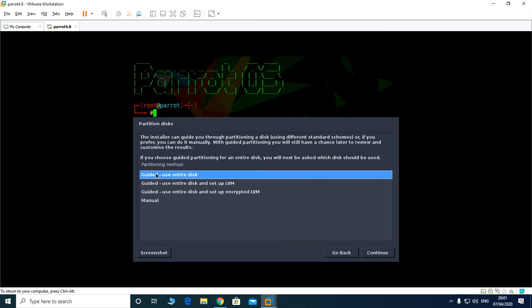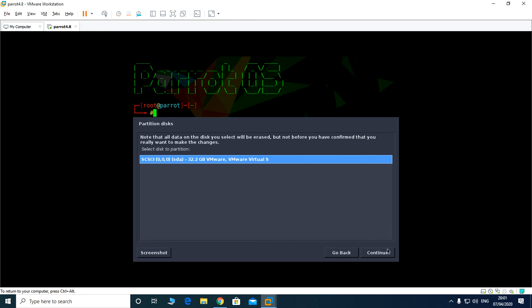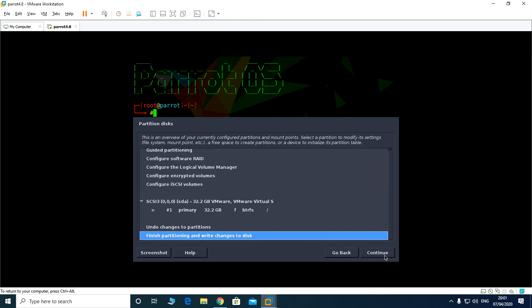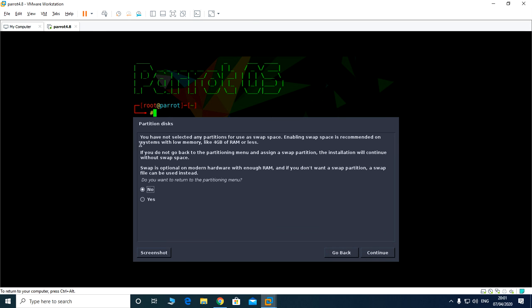And then you have to click on guided use entire disk. You have to click on this and then continue, and then continue, and all files in one partition, and then you have to click on continue, and then you have to finish partition and write changes to the disk. Then you have to click on continue, and do you want